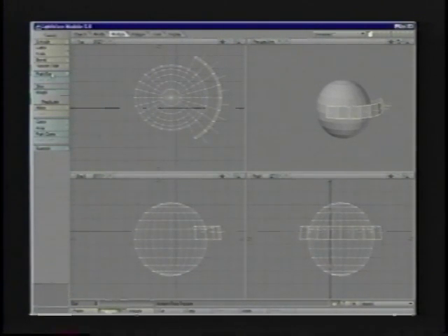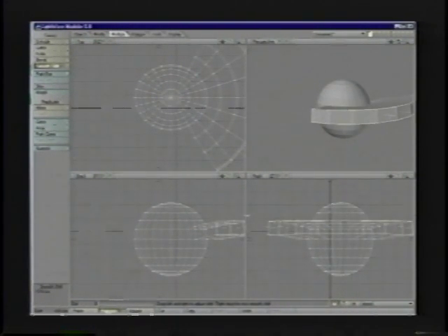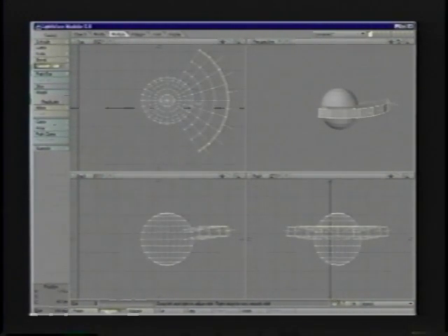So I can drop my Smooth Shift, select it again, just keep smooth shifting, drop it, select it again, and just keep smooth shifting out away from my original polygons. This is another cool way that you can create geometry very quickly from a simple mesh like a box with a higher res mesh or the ball